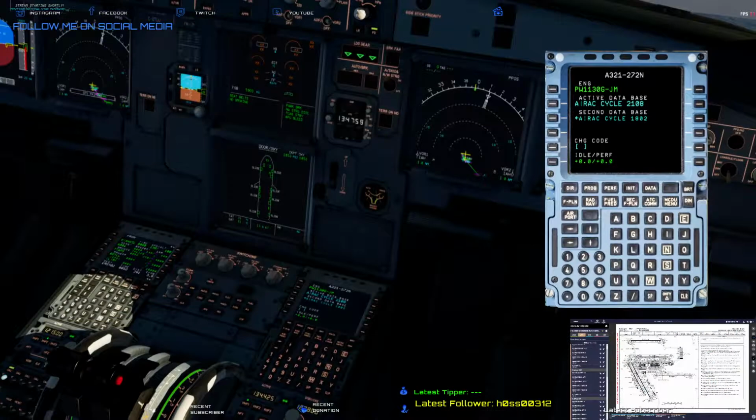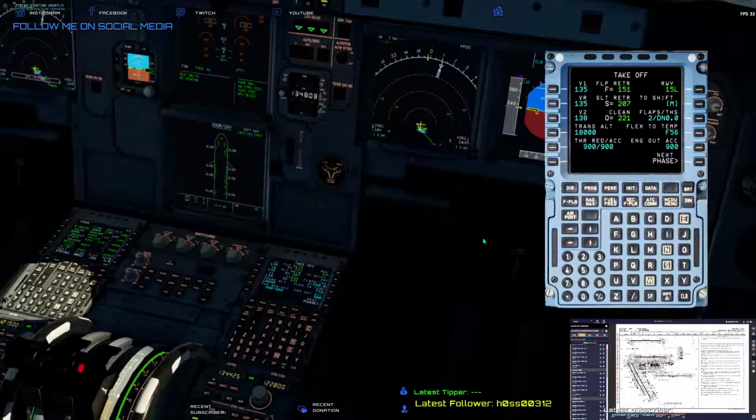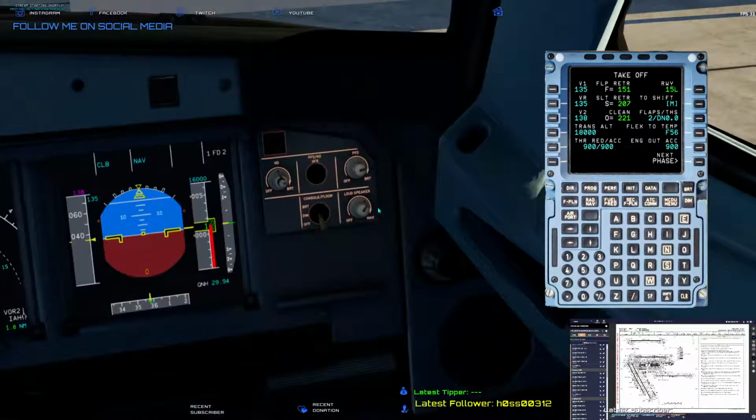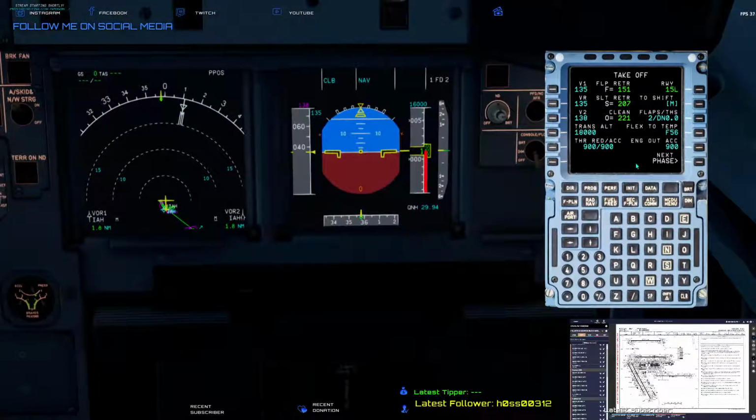Information Romeo's current, 29904, departing runway 15 left. Right seat takeoff, standard speeds calculated for full length runway 15 left, flaps 2, trim down 0.2, flex 56. V speeds 135, 135, 138, transition altitude 18,000, thrust reduction acceleration is 900, as well as engine-out acceleration altitude,